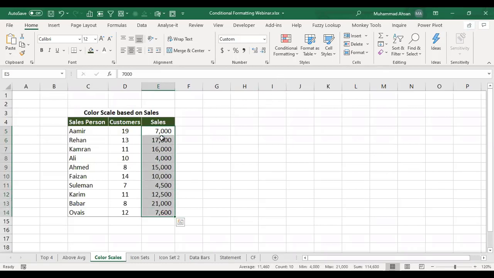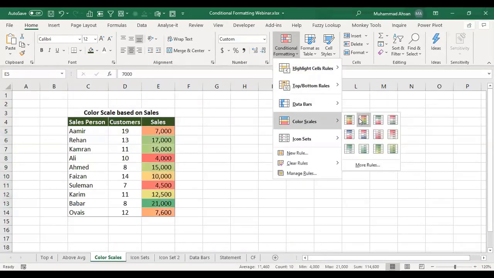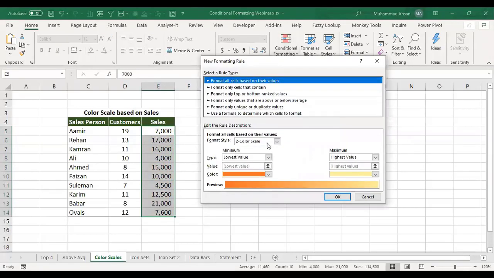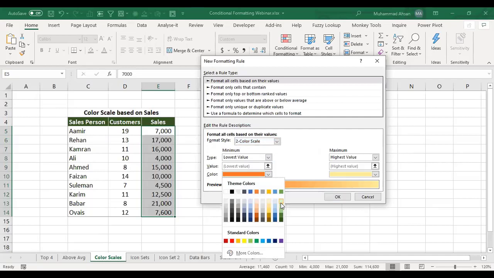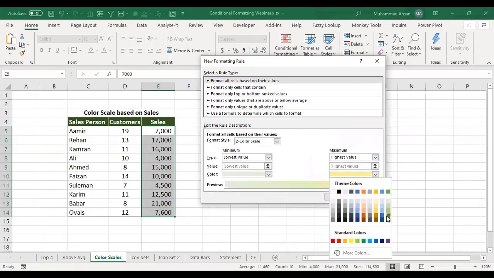So what you can do is select the sales column, go to conditional formatting, and here you will find different kinds of color scale patterns. And if you want to develop your own, you can click on more rules, and then from here you can select the color scheme for the lowest value. For example, we are selecting a light color, and for the highest value here, we are selecting a dark color.